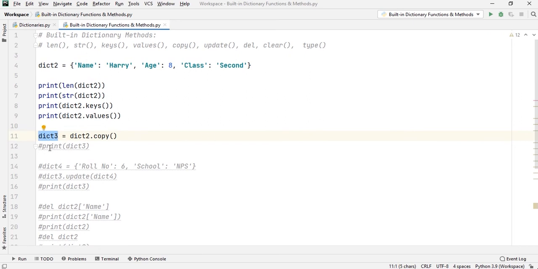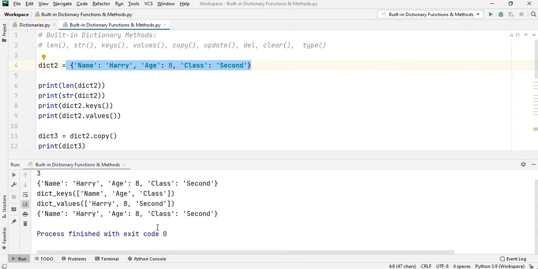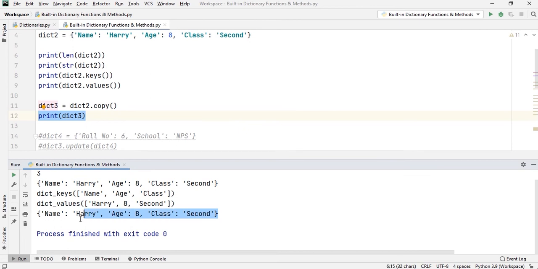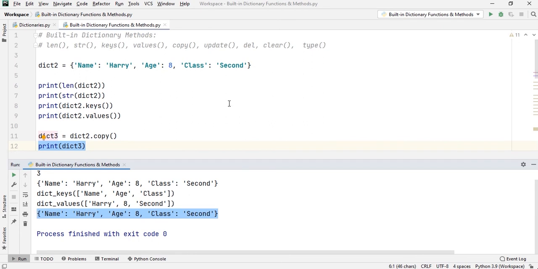Then if I print dict3, you can find that it has all the data. I am running it for you now. Here you can see that when I print dict3, I get this result, which is the exact shallow copy of my dict2.